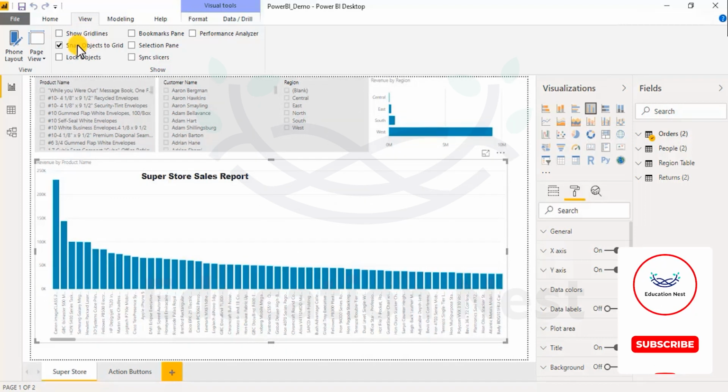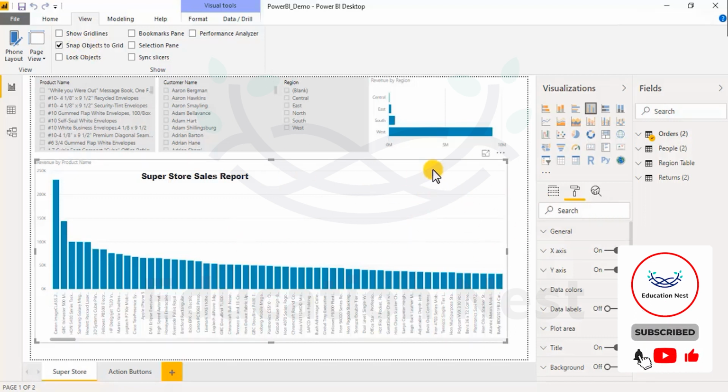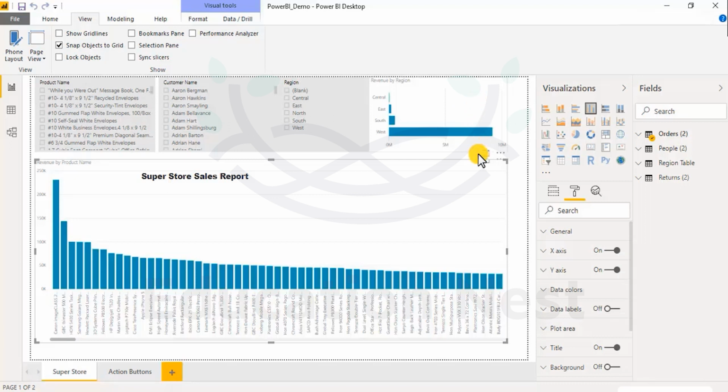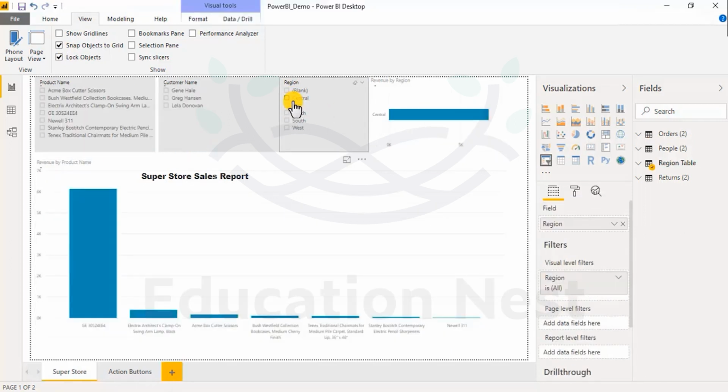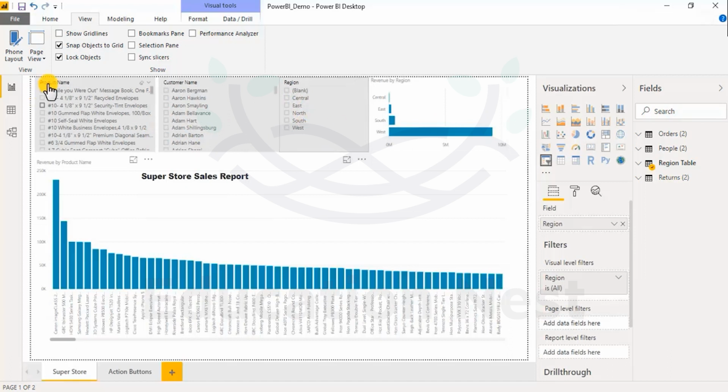Snap objects to grid. This is one option which you can use to snap these objects to a grid. So right now, these objects form a grid. Lock objects. Now these objects can't be moved. You can also select whatever you want to, but you can't move those objects. So I have always ensured once you are done with your visualization locations on your screen, you can lock the